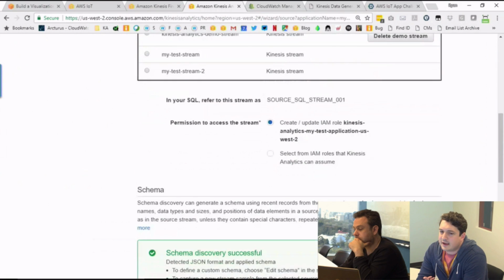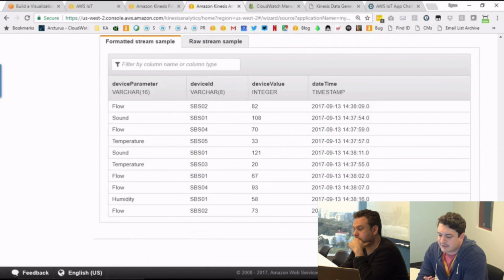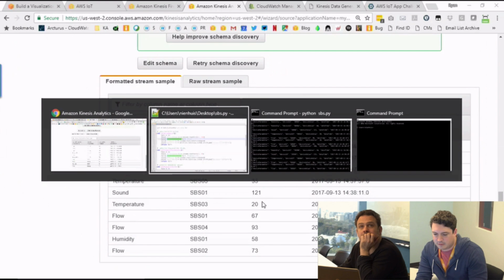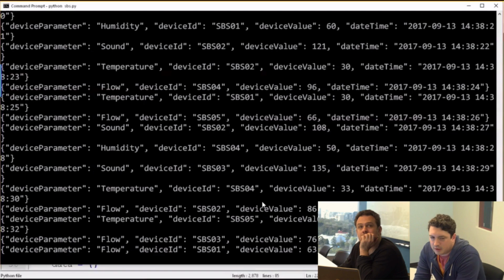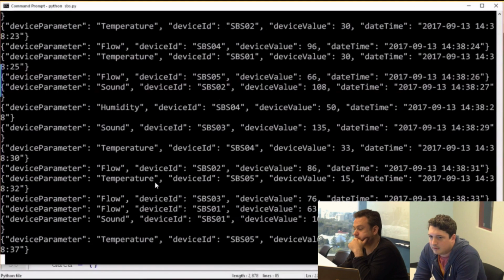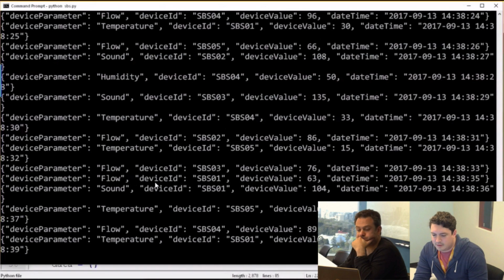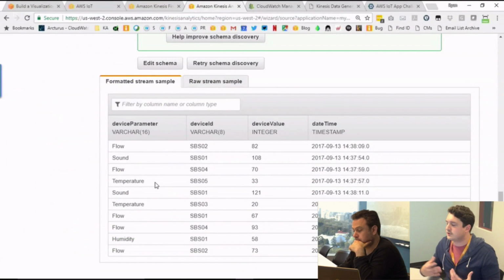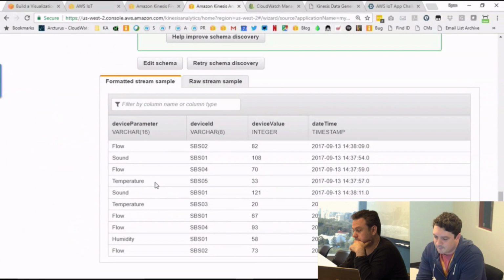Once you have this set up, the next step is to click Save and Continue to continue processing the application. You can see that the data we're generating, I'll go to my script real quick, is being sent to the Kinesis service, and we're applying a tight structure to it so we can write SQL code on it.